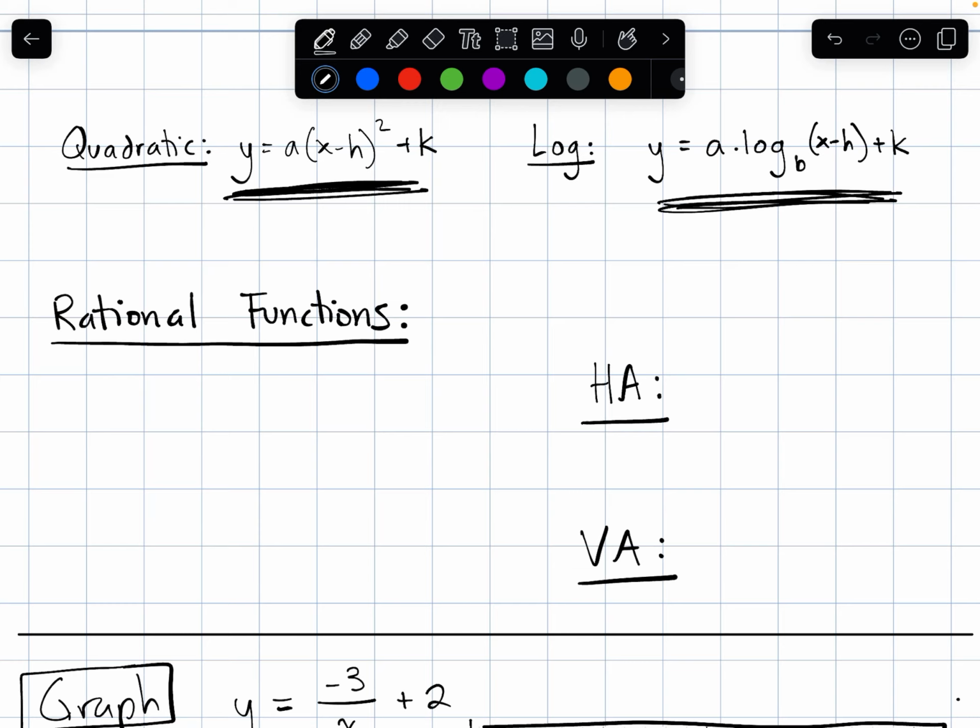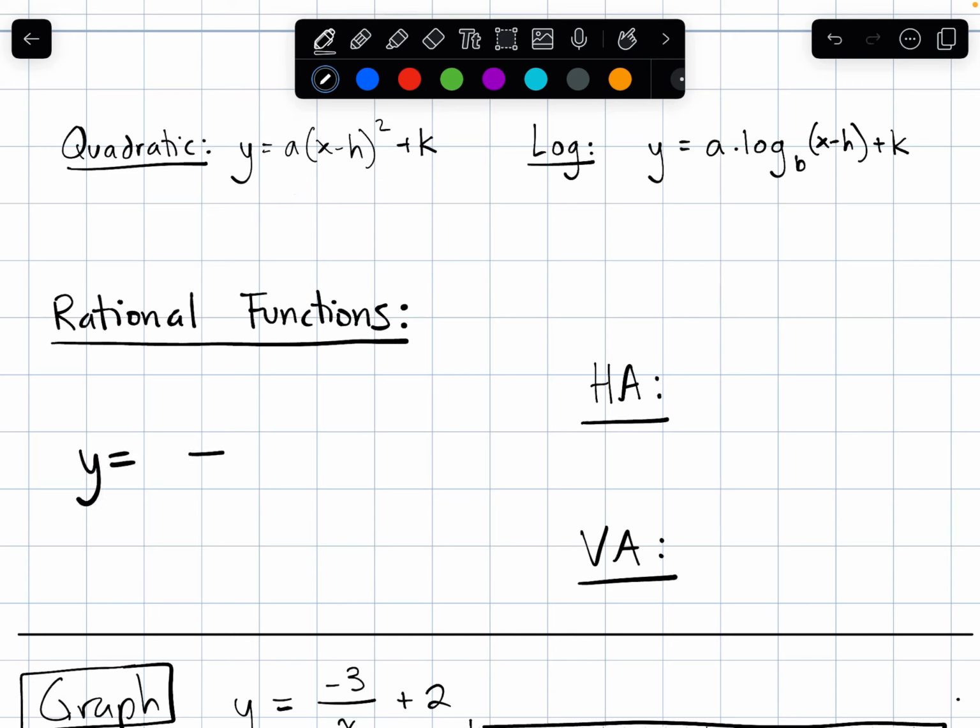We know we're going to have the letter A, the letter H, and the letter K. All 3 of these are involved. We know that A tells me whether the graph is trending upwards or downwards. We know that H tells me how it moves left and right. K tells me how it moves up and down. All right, so these 3 factors we have to piece in. And if we look,